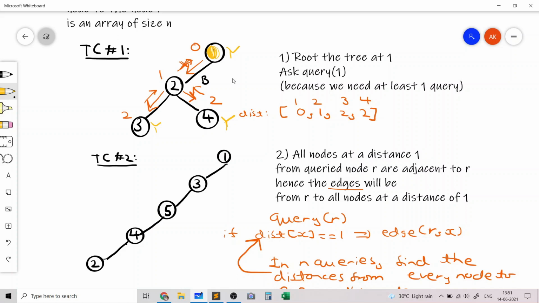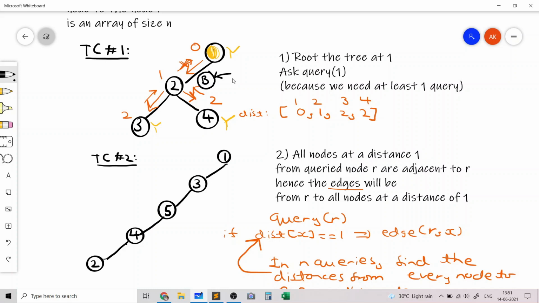And this would be basically the two sets. The two sets are yellow and black, and since the black set is the smaller set, we'll query from black, and we'll basically ask query from 2.